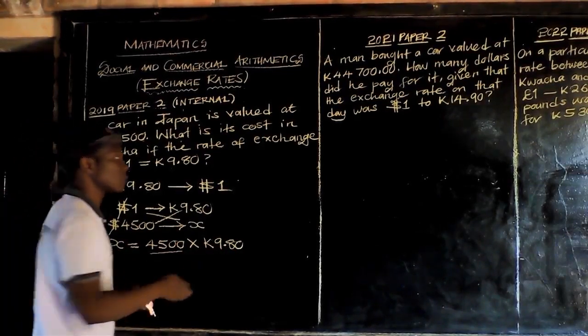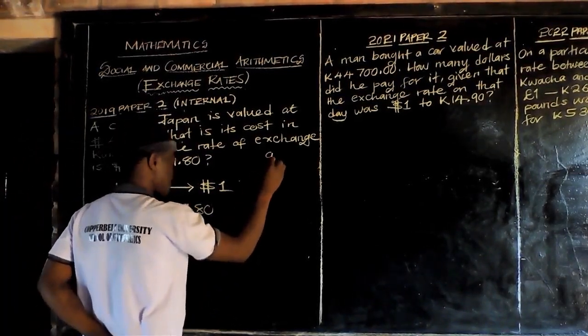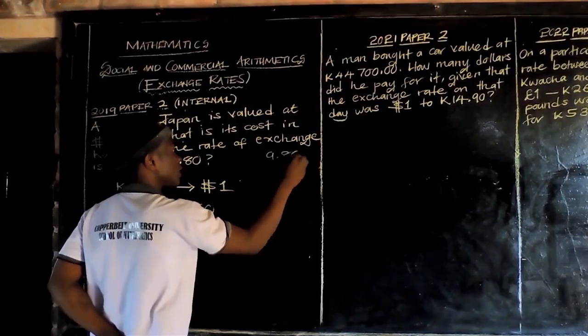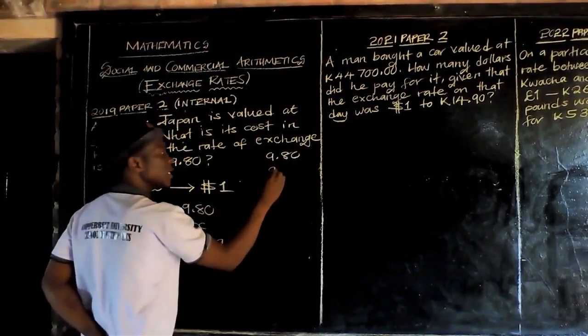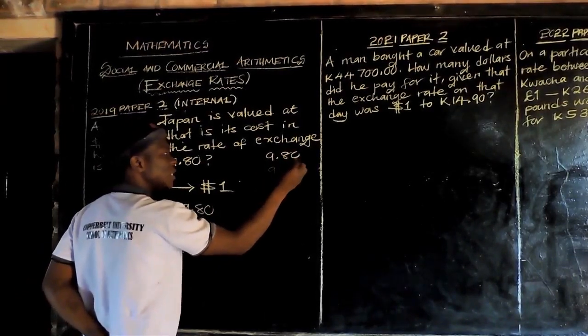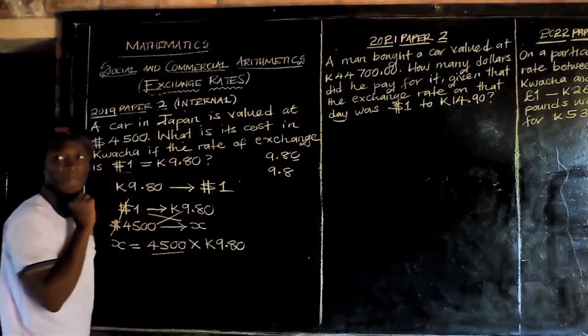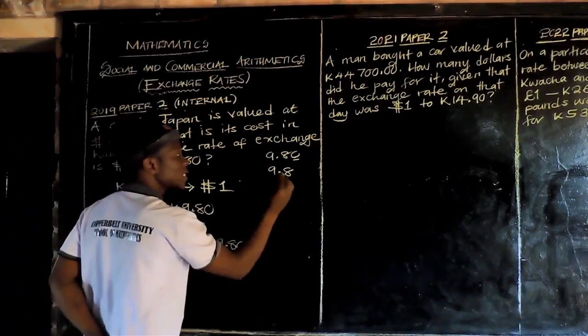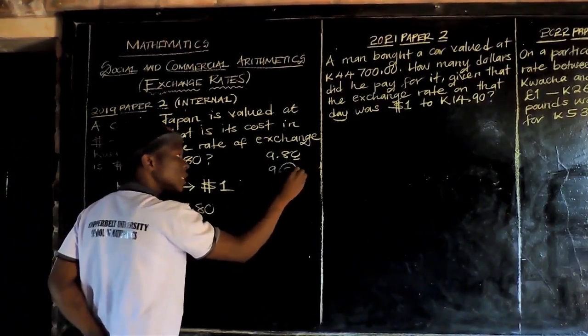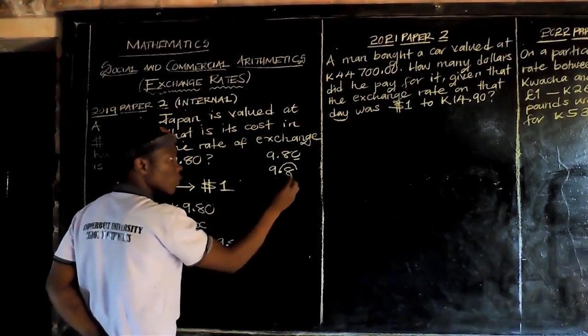So this decimal is 9.80. Now 9.80 can also be written as 9.8 because this 0 at the end is not significant. Are we together, people? So this number has how many decimal places? It has one decimal place, right? So we are going to ignore